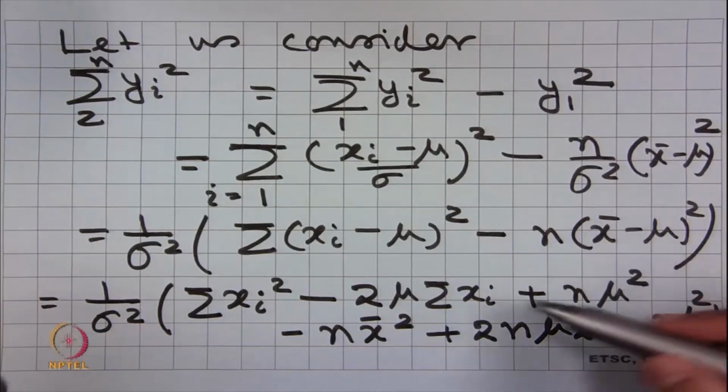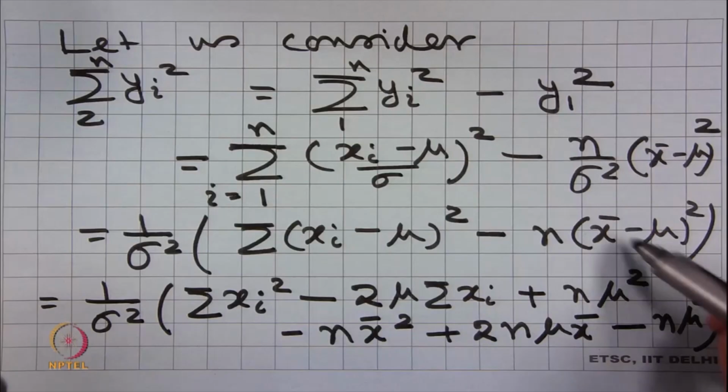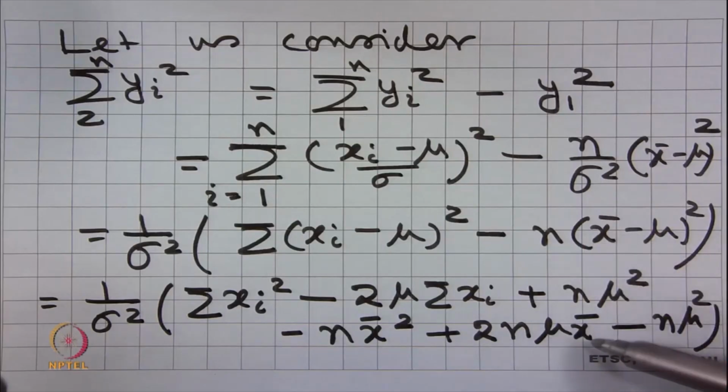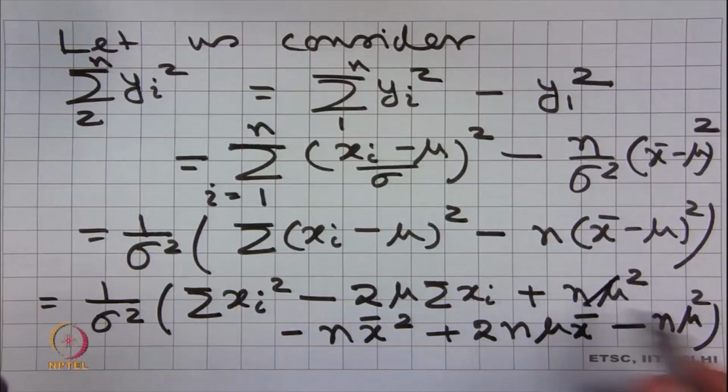So, it is n times x bar square plus 2 mu x bar minus n times mu square. So, this cancels